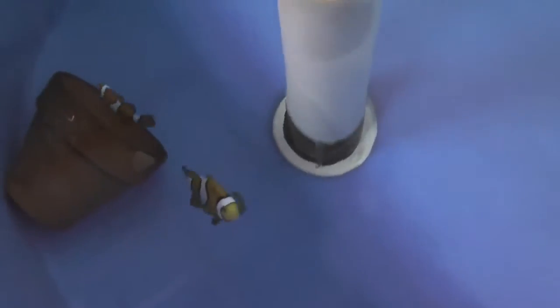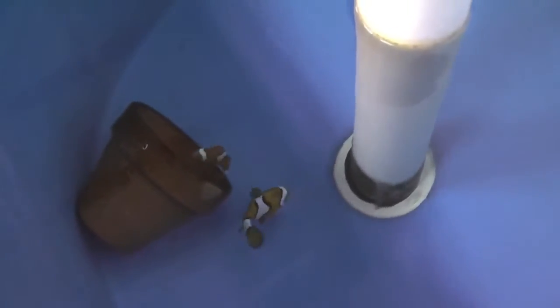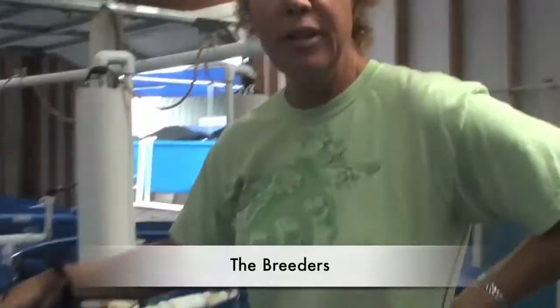And they say it's because the farm-raised clownfish have lost their spark. In other words, they're not aggressive enough. Oh. So my approach on this is, well, that's a breeding problem. Whoever's been breeding them hasn't bred them properly, because you can easily keep that trait in the animal. So we're breeding these guys in an effort to keep them a little bit more feisty for the pet owner. They don't want them too docile. You can believe that. These are the breeders